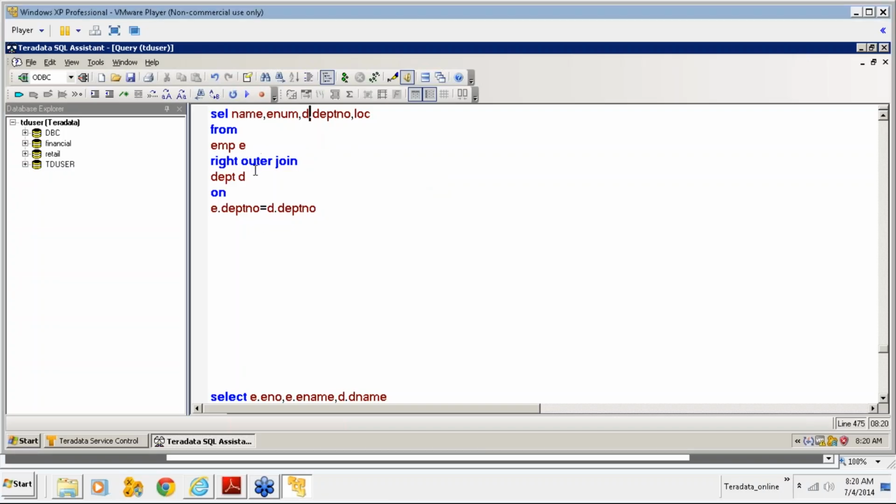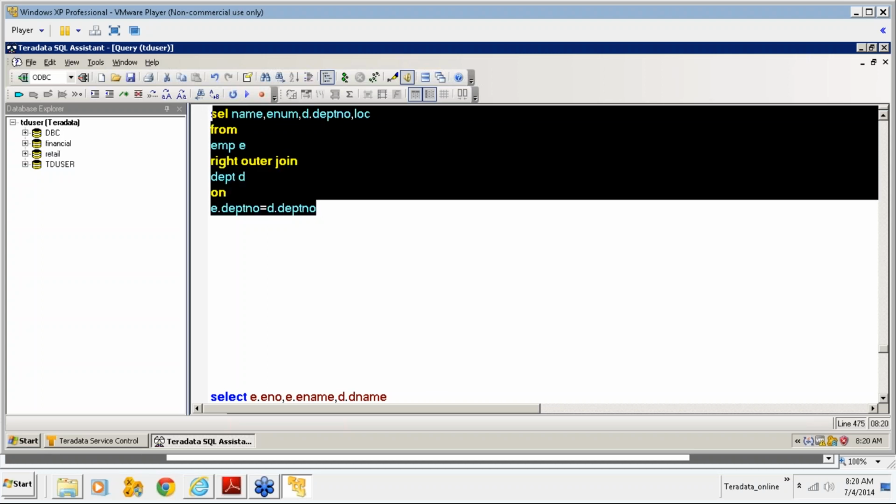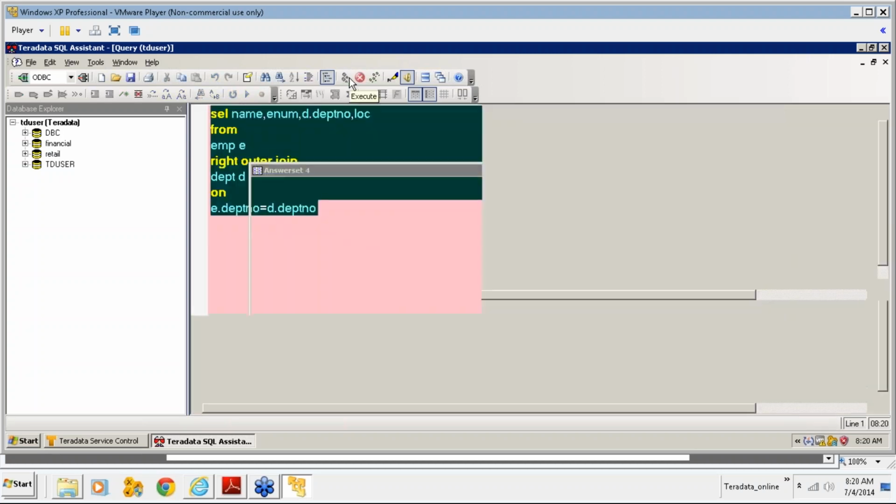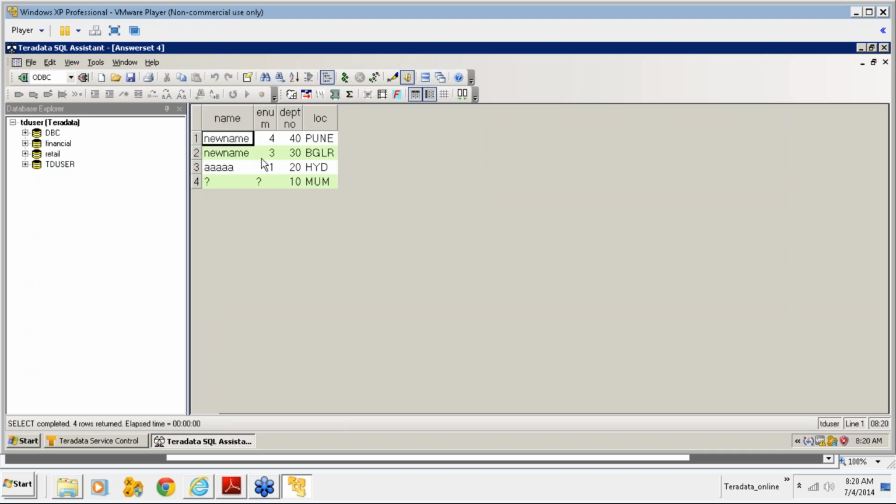So here my intention is to get all the departments from the department table. So I am aliasing the department number from the D. Okay, let us see what result I'm going to get. Now see, I'm getting all the matching rows from both the tables, and along with this I'm getting the departments which don't